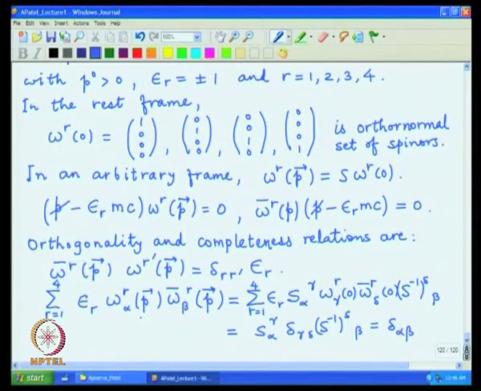So, this is a rather simple form, just because of this convention of putting epsilon r, we have to keep track of it, and every time we use omega bar, the corresponding factors of epsilon r will appear to cancel the sign buried inside gamma 0. So, this is a useful property. We have now a complete orthogonal basis. It is normalized, and it also satisfies the completeness relations. Any arbitrary spinor can always be decomposed in terms of various components in this basis.